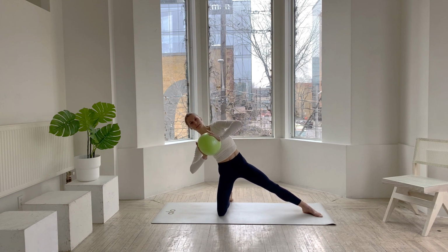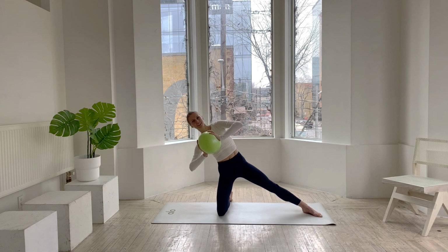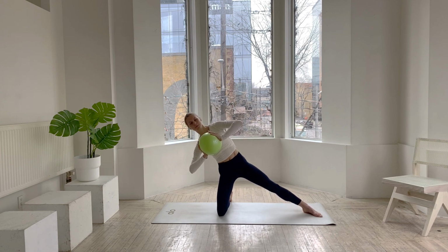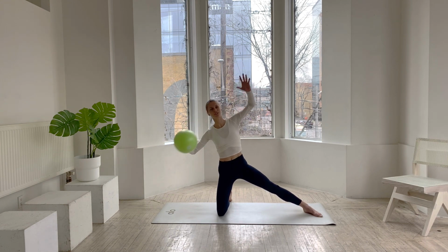So I always find this to be a good warm-up for obliques, especially since that little sequence we're going through is very challenging. Just want to wake them up, get them ready to go. Let's go for 3, 2, we're going to hold it low here, extend the arms long as you come up, back in through center,